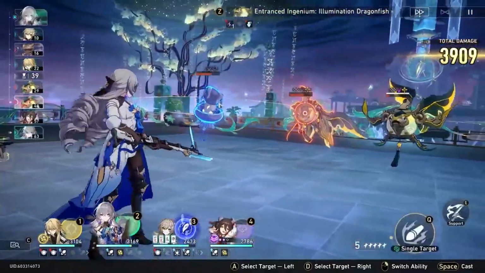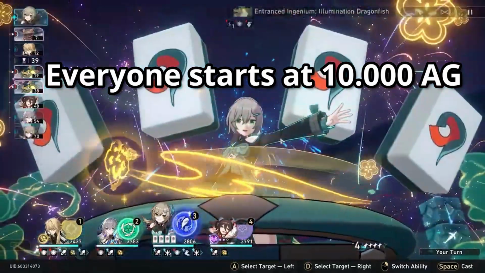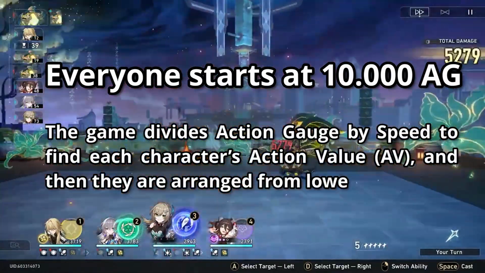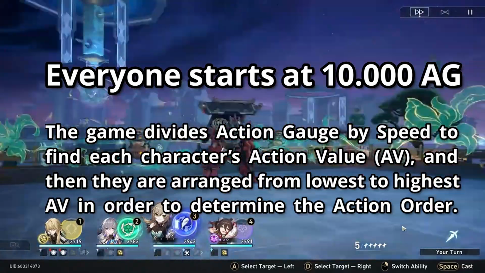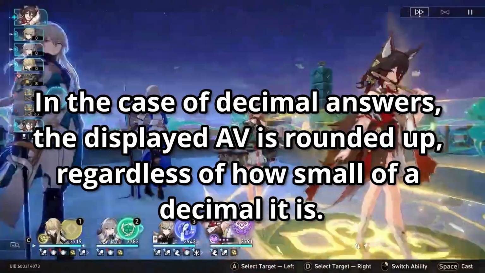Let's deconstruct a combat scenario to show how speed works. During combat everyone starts at 10,000 action gauge, or AG. The game divides action gauge by speed to find each character's action value, and then they are arranged from the lowest to highest AV in order to determine the action order. In the case of decimal answers, the displayed AV is rounded up